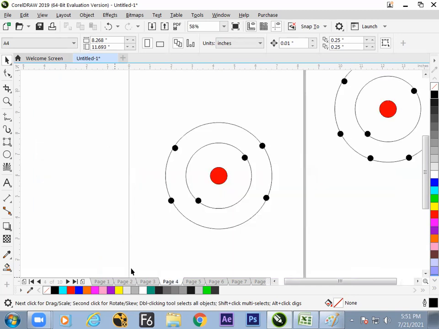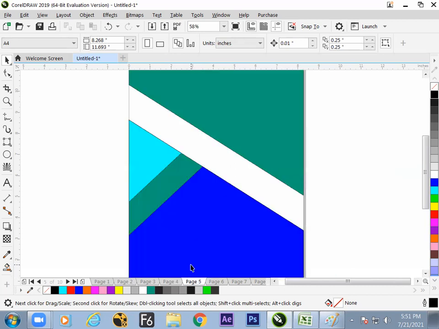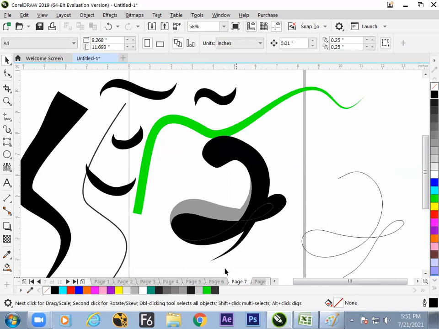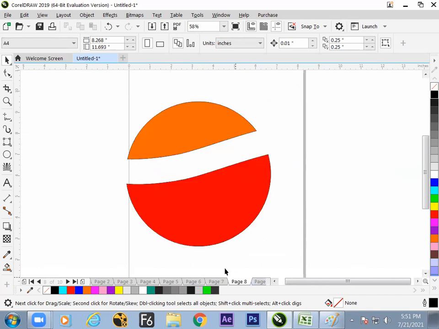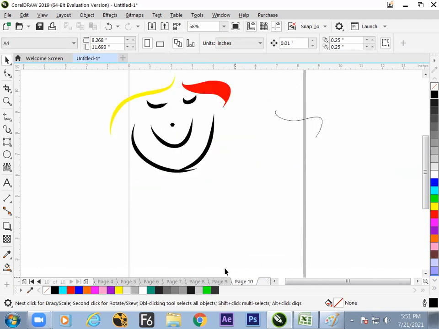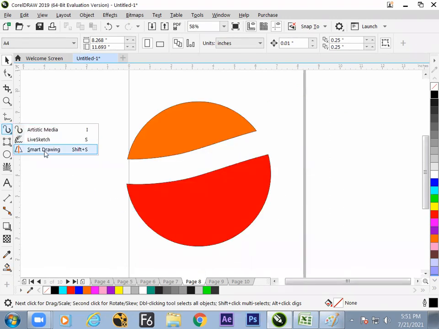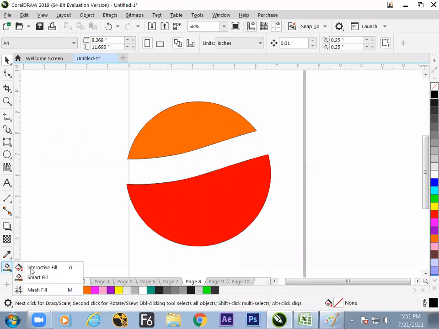Then we have understood a little chemistry, atomic structure kind of things. Then the split screen technique with smart filler and the smart drawing tool, with which a scribble can be turned into fundamental or basic shapes. And the next, artistic media tool with preset and logo designing and object design. Logo, object. So all these things happened inside the classroom. But yes, we need to put it in a systematic order, but we have learned not a big thing, only artistic media and smart drawing and smart filler. So with that, hope we are able to make the design ready.